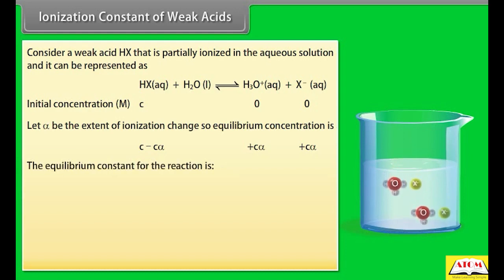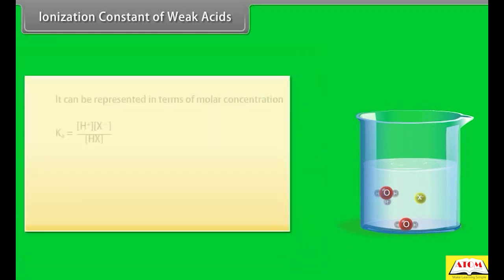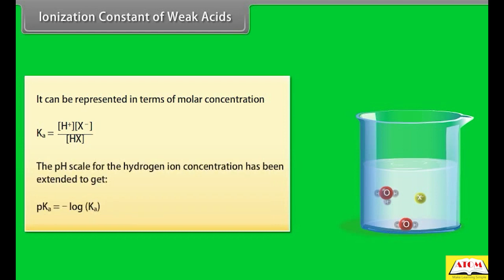The equilibrium constant for the reaction, Ka, is equal to C square alpha square by C into 1 minus alpha. Ka is equal to C alpha square by 1 minus alpha. Ka is called the dissociation or ionization constant of acid HX. It can be represented in terms of molar concentration. The pH scale for the hydrogen ion concentration has been extended to get